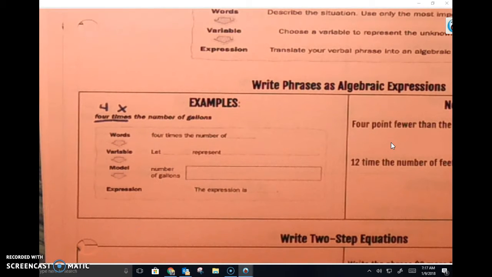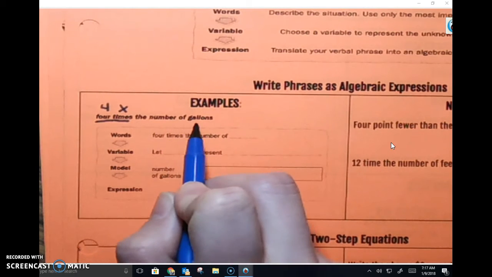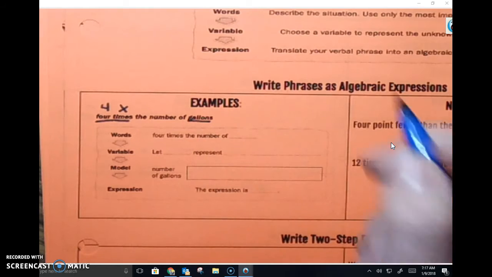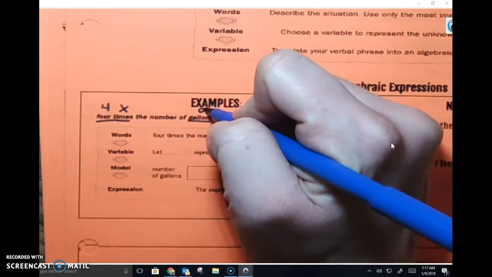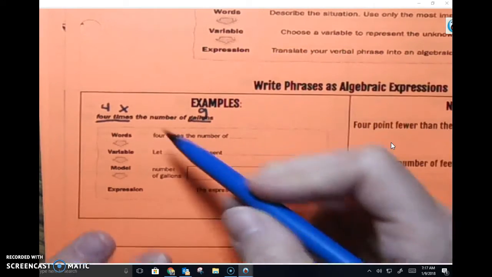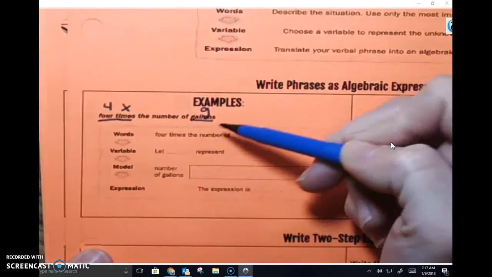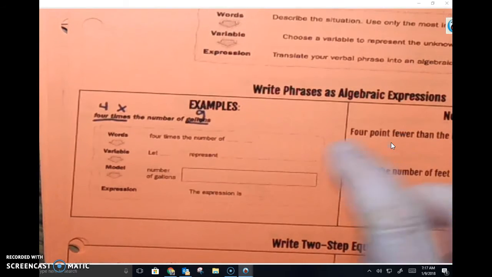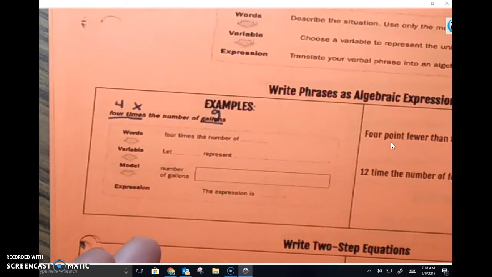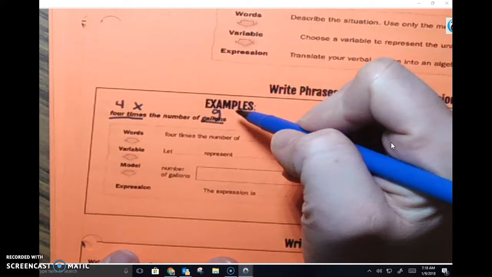The next part is finding the variable. As long as the letter has something to do with it, it's okay. In this case, the number of gallons, I'm going to underline gallons, and we're going to make that the letter G. So we're not going to worry about any of this stuff. And because we wrote it all above it, the only thing that we have left to do is put it together